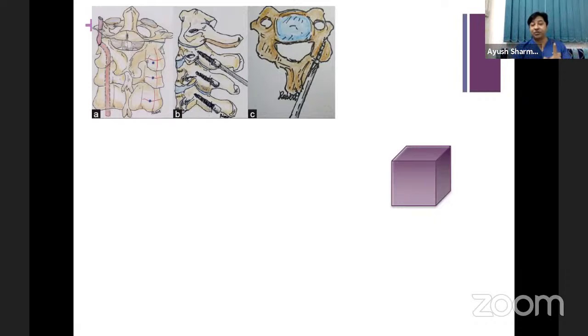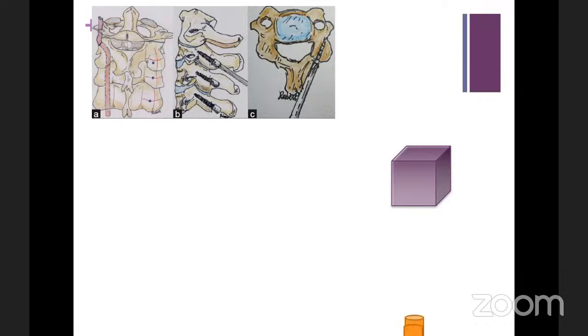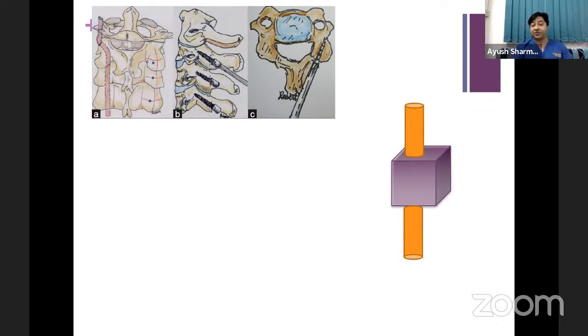So the only thing you are rarely likely to damage is the vertebral artery. The technique is described: you start in the middle of this cube and you go like this. So the chance that you will damage the vertebral artery becomes very, very insignificant. But again, understand, if this is the cube and you're using this trajectory, you're using a very small part of